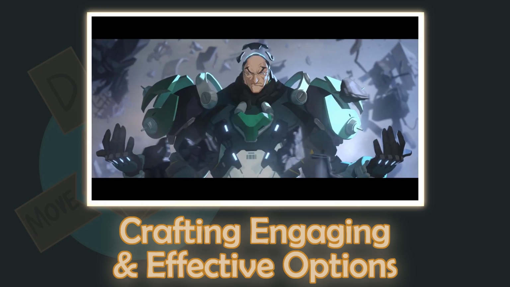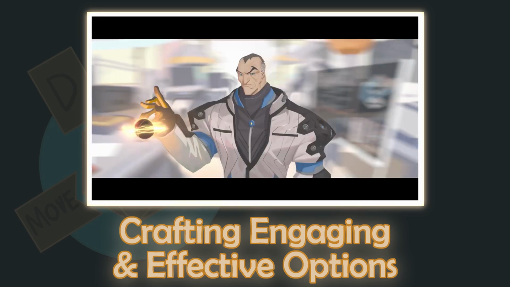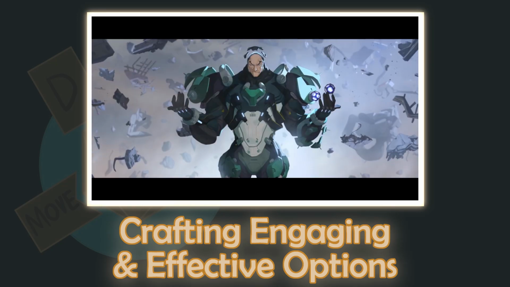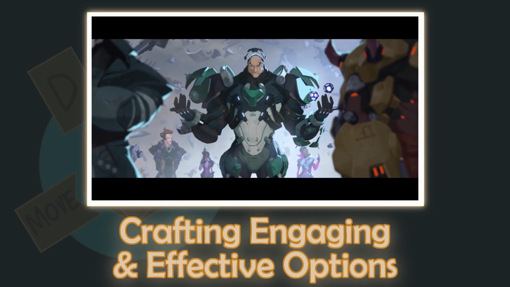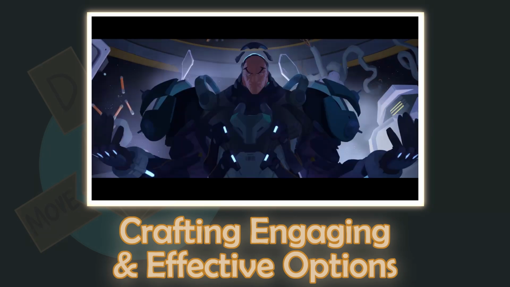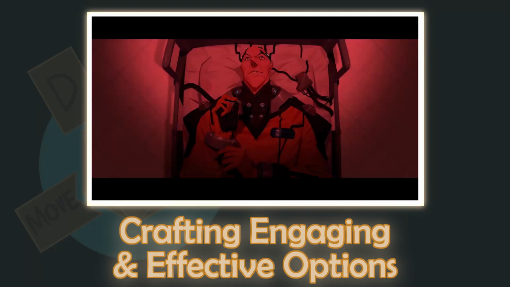Every element of Sigma's character serves the theme of an aged scientist gone mad. He's built a suit to control his power, one that provides a heroic-looking physique with a sinister appearance. His dialogue portrays him as a cold and calculating scientist, but he'll occasionally break out into fits of madness, and